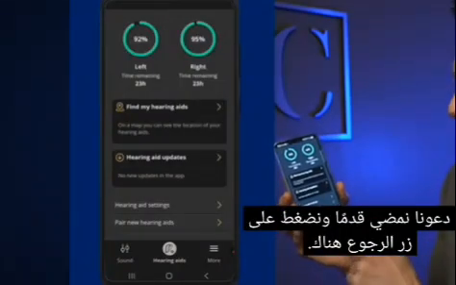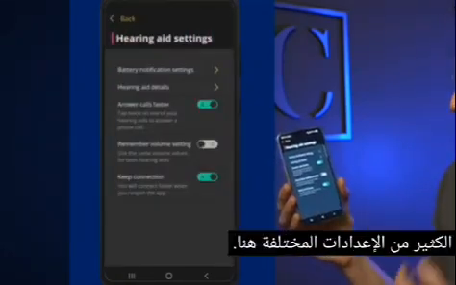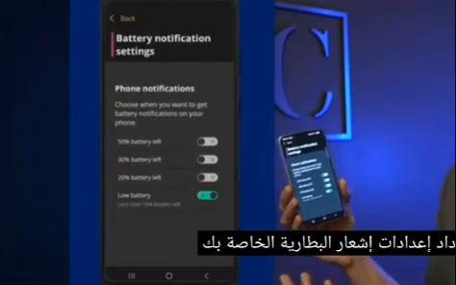So let's go ahead and hit the back button there. We're going to go down to hearing aid settings. There's a lot of different settings here. You can set up your battery notification settings for